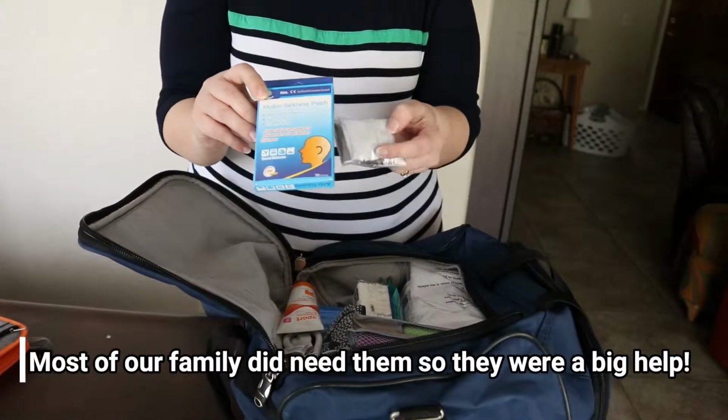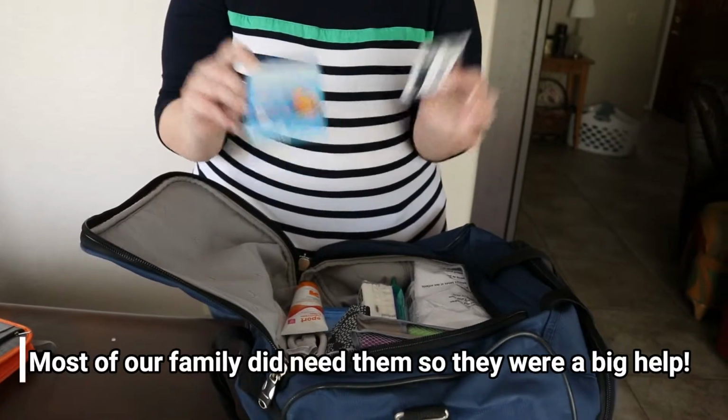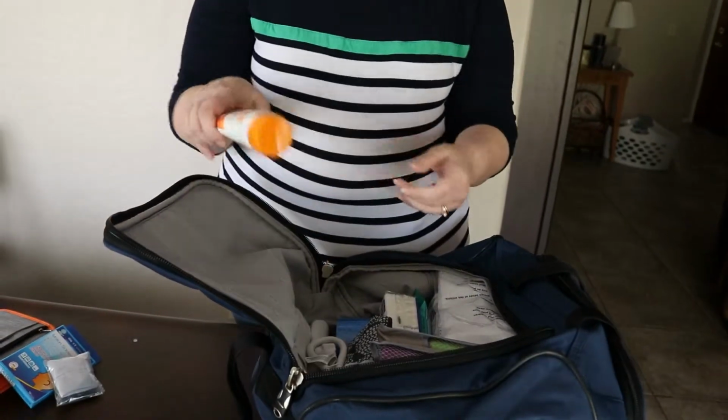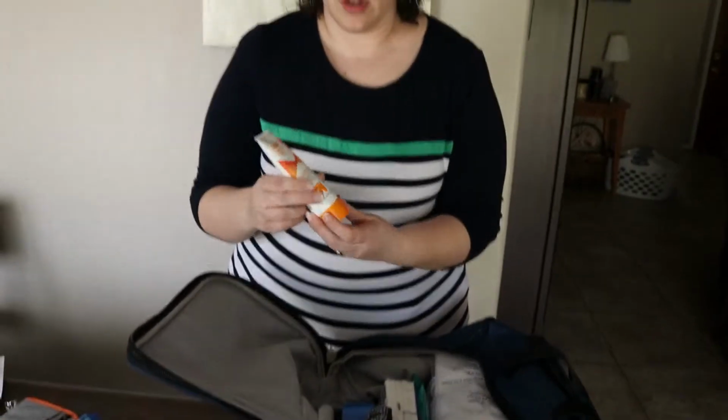I also got some C-bands, again on Amazon. All this is from Amazon. So again, we don't really have an issue with motion sickness, but just in case, I don't want to be left without it. I'm a little nervous about sunscreen, clearly, so I got another tube of that